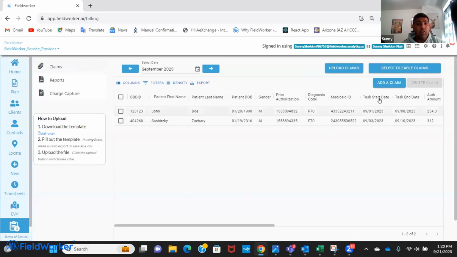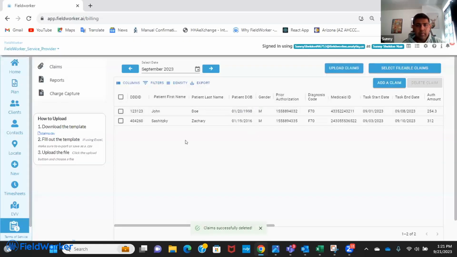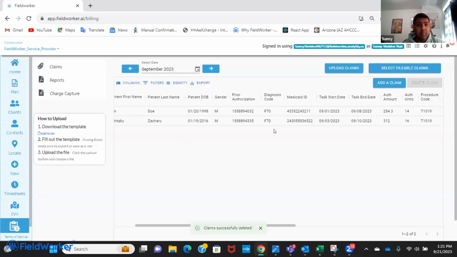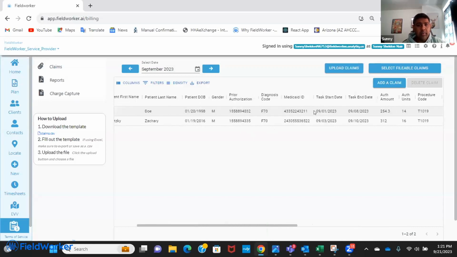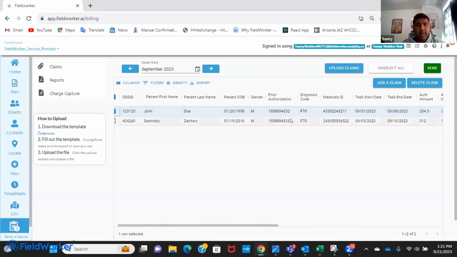On the claims table, we also have a manual claim add, so you can also manually add claims if ever needed for a customer, and also a template where you can have all the client claims created and uploaded to our system. So I'm just going to delete this. And the claims dashboard is what you would use to monitor your Medicaid claim. So we have the claim status mentioned here. Once it's submitted, you can always click the claim that has to be submitted, make sure all the client information is correct, and it would be displayed right here.